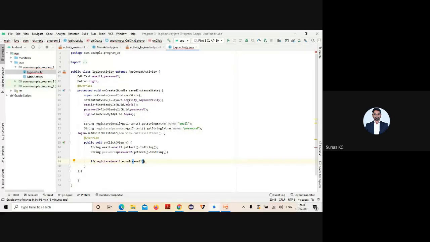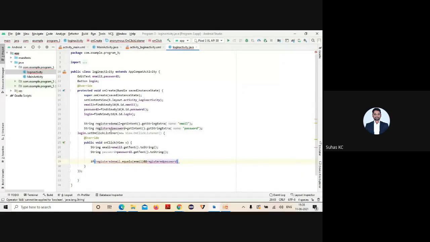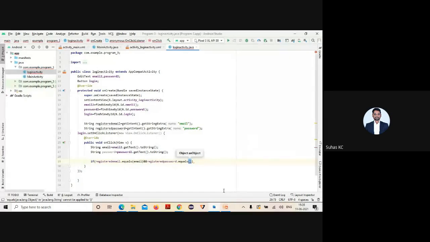Both should match, so the logical AND operator is used. Same thing, registered password dot equals which one? The password that you are entering in your login page.